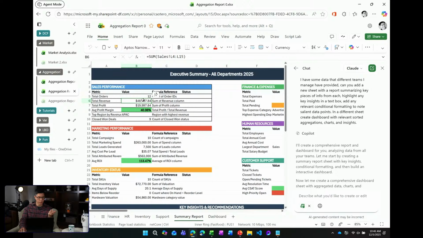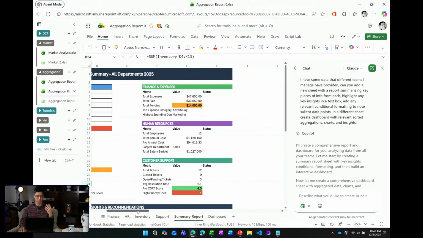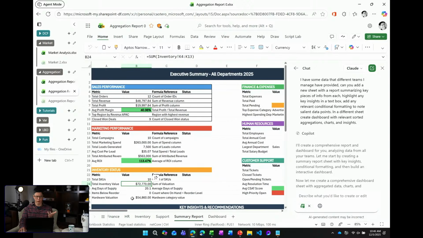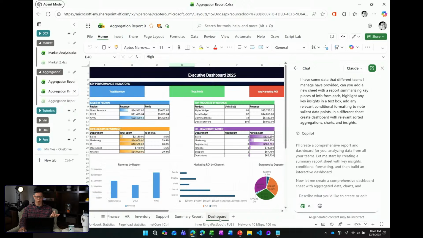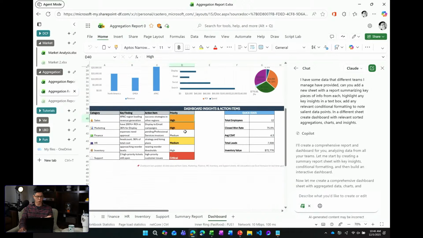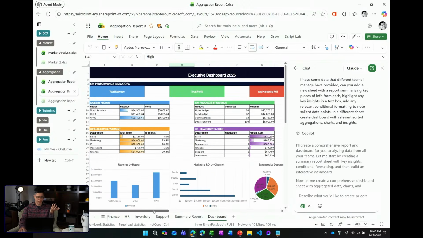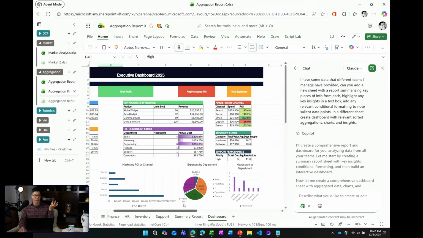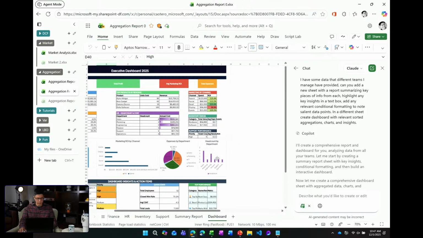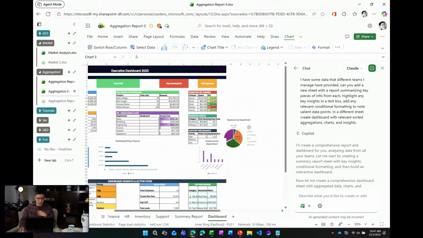And these are all pulling, so you'll see the formulas. These are all live. This is pulling from the sales tab. This is pulling from the marketing tab. This is pulling from the inventory tab. So it is live, refreshable as the data updates. I think it has conditional formatting, a pretty cool layout. And then it built a dashboard. It has charts, and again, it's not perfect. This is one piece that's not perfect. You can see here, actually, no, I thought there was going to be some overlaps, but yeah, there are some overlaps here actually.